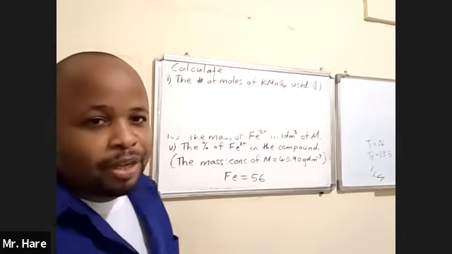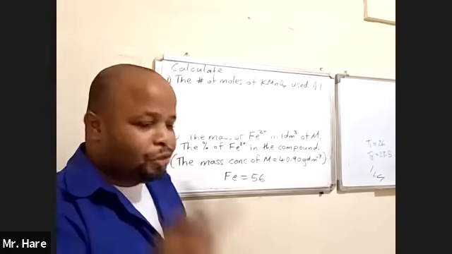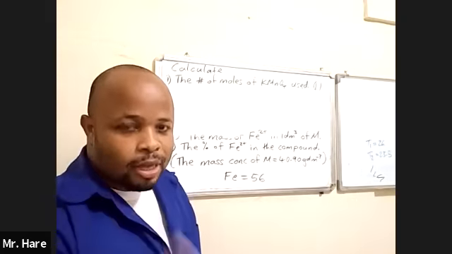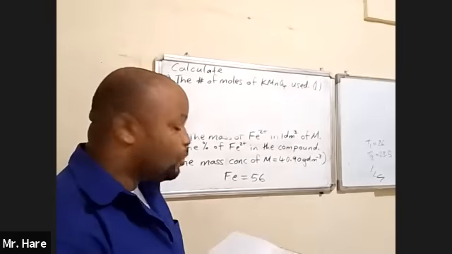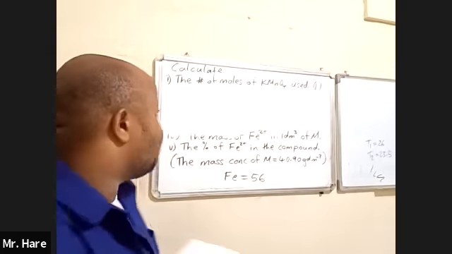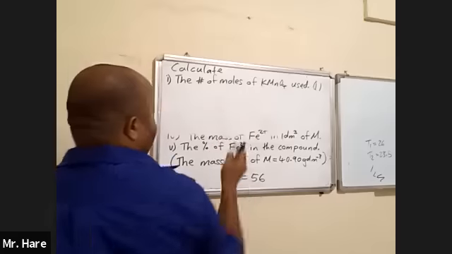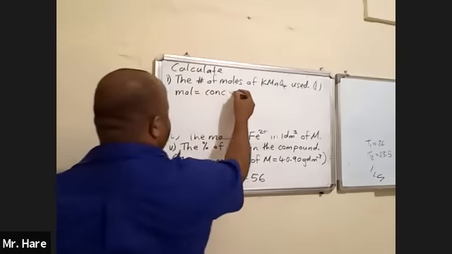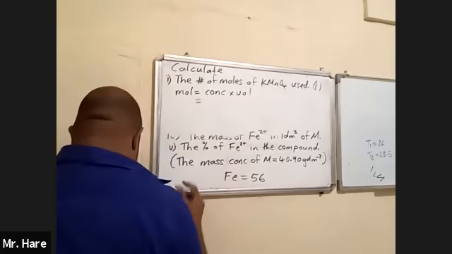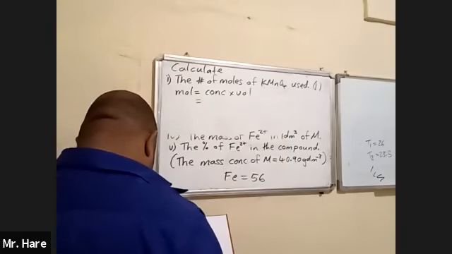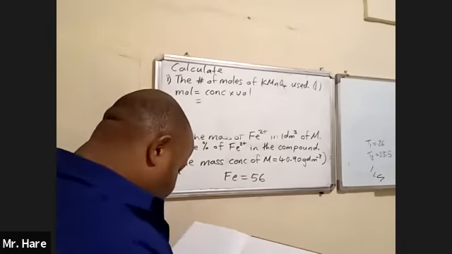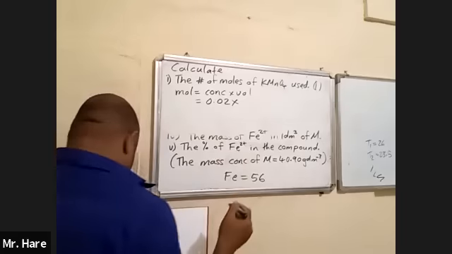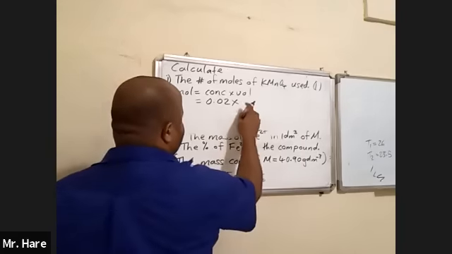So as I said, in every titration, you will get concentration and volume for one of the solutions. Whichever solution that is, you work out the number of moles. In this case, it's KMnO4. So mole is equal to concentration times volume. And the concentration was, what was the concentration? 0.02 moles. All right. Times it by the volume, which was